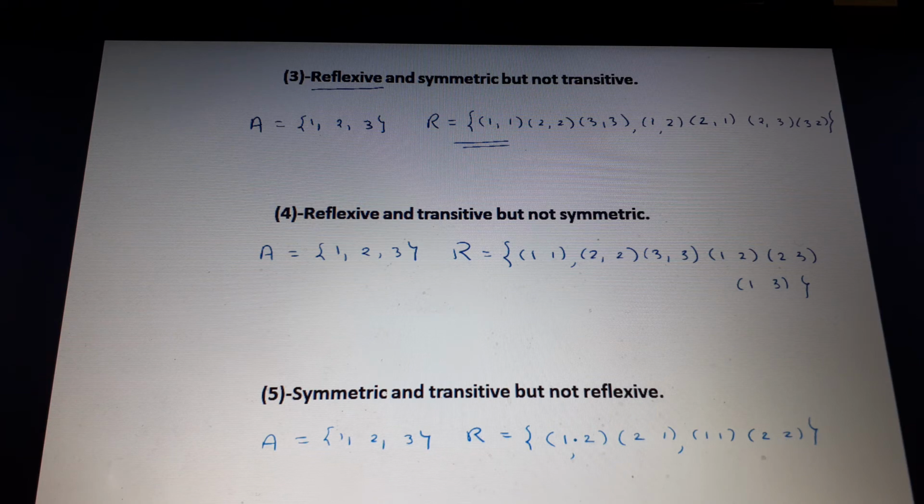So now you see here (1,2), (2,1) is there, symmetric. (1,1), (2,2) is there. Now you see it is transitive, because (1,2), (2,1), (1,1); (2,1), (1,2), (2,2). But it is not reflexive because 3 is here, and (3,3) is not there. Therefore, this is an example which is symmetric and transitive but not reflexive. See, when giving examples, you should be very careful. You have to select the pairs in such a way that they satisfy the given condition. Like this, any other combination is also possible, so you can try.